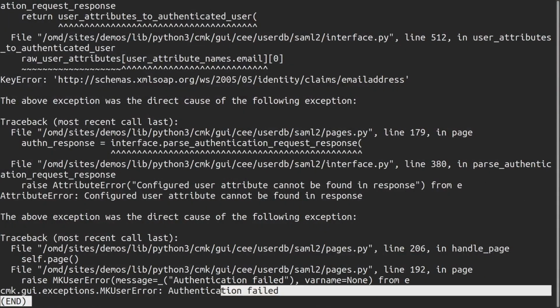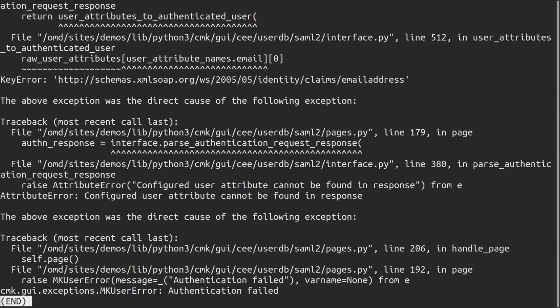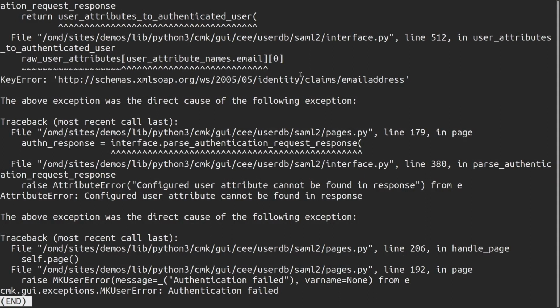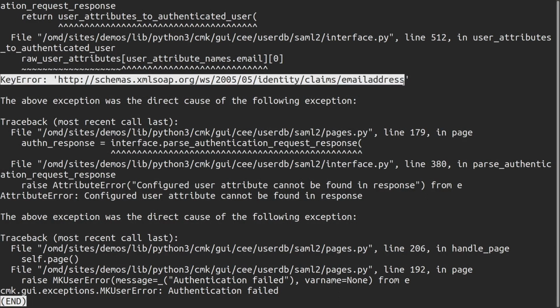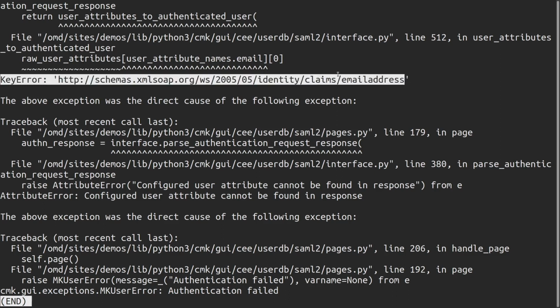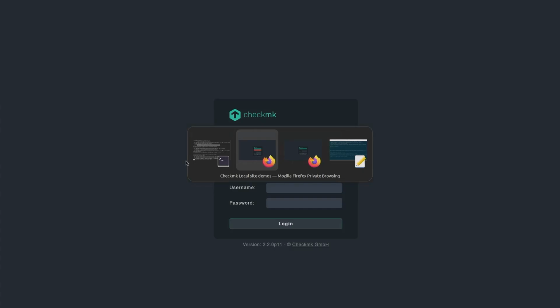This is the error message that we are getting. And if you carefully look at that exception, there is a key error here, which says that the email address that is being supplied from this user is empty. That's why this authentication is failing. So this claim email address that we have defined in the email attribute synchronization doesn't have any value from Azure. So to fix this, let's go back to